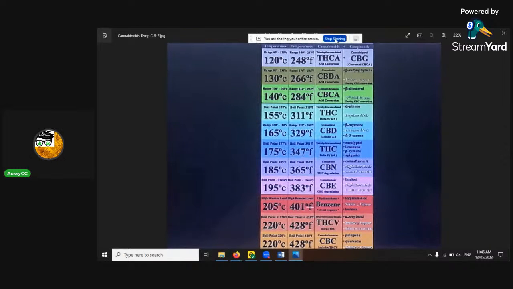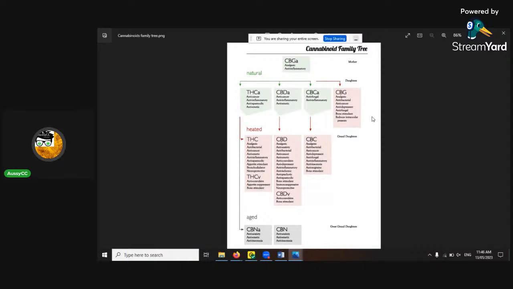Now what's a cannabinoid? Oh, the cannabinoid family tree while we're here. So it starts off as CBGA. You could call it the mother. Then as it goes on, it naturally turns into THCA, which is good for different properties: anti-cancer, anti-inflammatory, anti-spasmodic. And then it also turns into CBDA, CBCA, and then it'll form CBG in lower amounts. And then once you heat it up to just above those temperatures I was saying before, you'll end up dropping the acid molecule off, and it'll change into its reactive form, which has other different anti-properties as well.